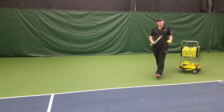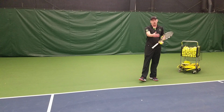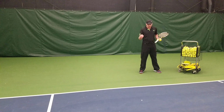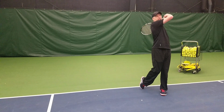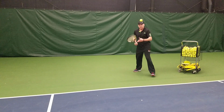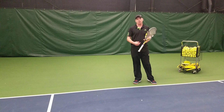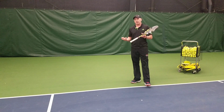Now the third and final and probably the most least practiced of the three is the one where you're tossing the ball inside the court and you're adding that forward momentum into the footwork. And this one is I just toss it 4 or 5 feet in front of me where I'm adding that adjustment steps into the court as opposed to going sideways. This is something a lot of players struggle with, and they don't read the depth of the ball coming out, so we end up scrambling to the shot. If you can just practice moving forward to hit some shots as well, you're going to become more comfortable at